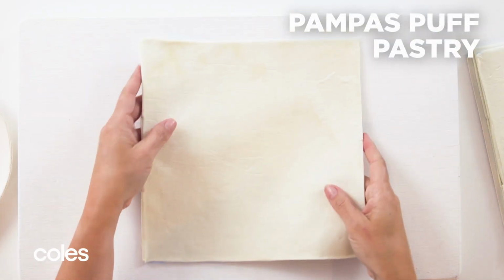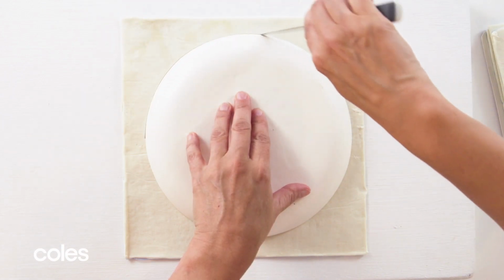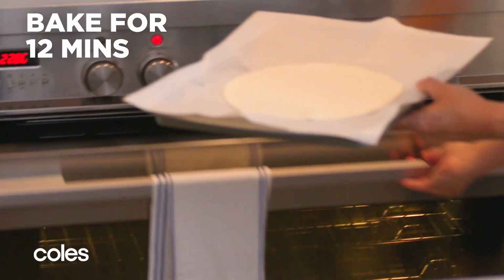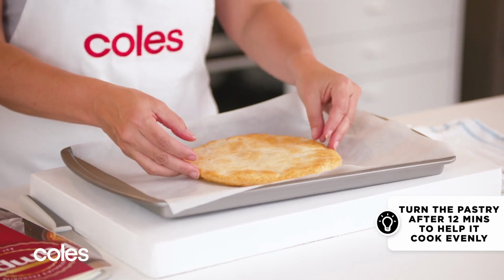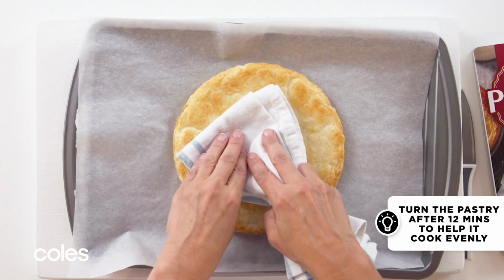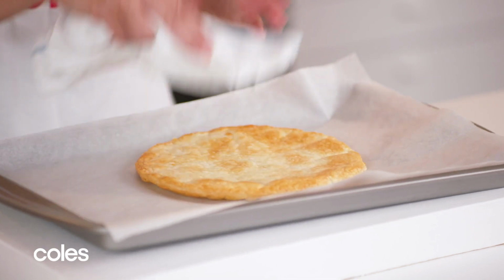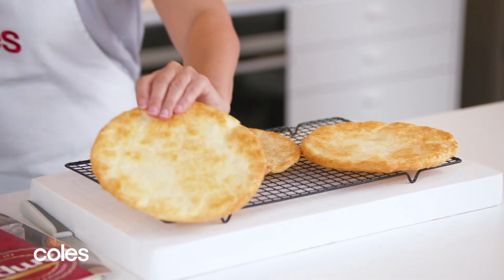Using a plate as a guide, cut 23 cm discs from Pampas Puff Pastry, then place the pastry discs on the lined trays and bake them for 12 minutes. Turn the pastry discs over and use a clean tea towel to carefully press down on the disc to flatten. Return to the oven and bake for 2 minutes or until golden and puffed, and transfer to a wire rack